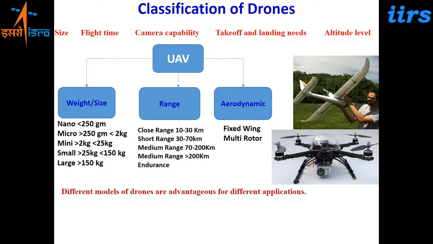The weight is light, and you have a very lightweight battery, and it cannot fly for a longer duration. So the range, it cannot go beyond the line, very long range. It will be at shorter distances, very small areas near you, a few meters around you will be the coverage area. Short range, that is 10 to 30 kilometers. Then short range is 30 to 70 kilometers.